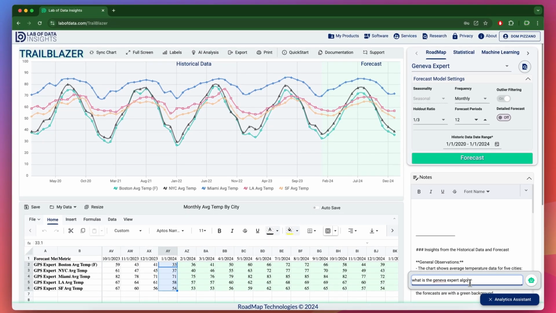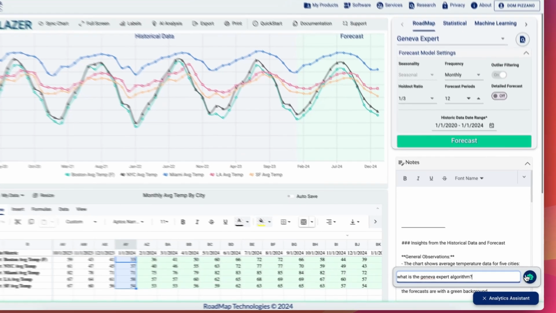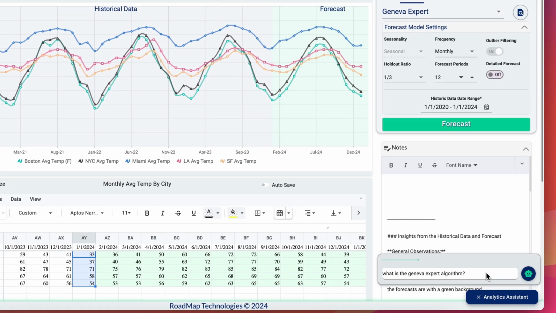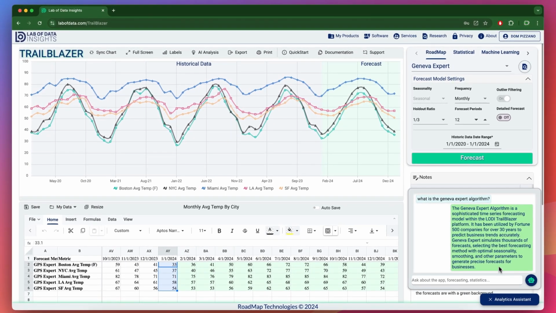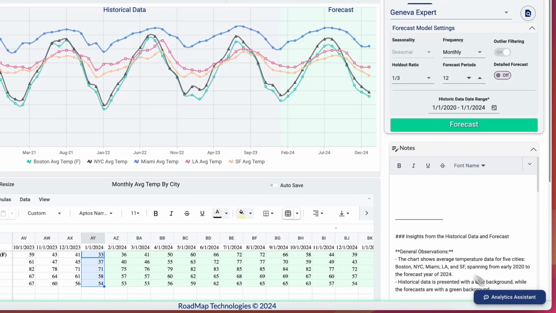TrailBlazer also has a custom AI chatbot that can reference TrailBlazer documentation to return information about TrailBlazer and forecasting in general, in case users have questions about forecasting models or performance metrics. Now that we ran our forecasts and have generated analysis, we can save our data and our notes to the